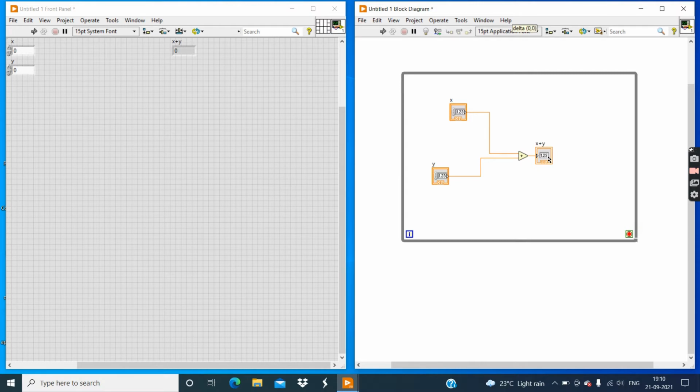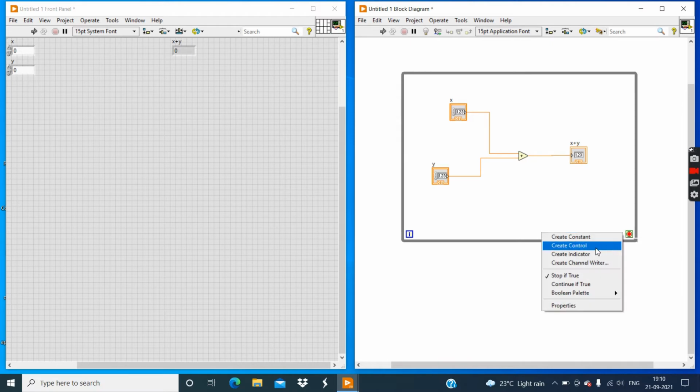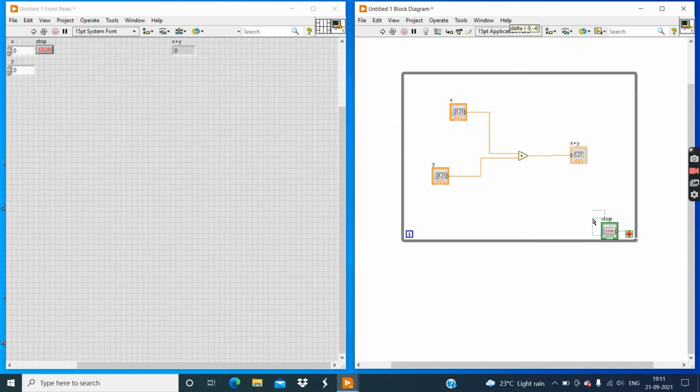Now you can see this is the loop condition, create a controller for this loop condition. Also we want to see the iteration, so create an indicator for this loop iteration, and change the position.